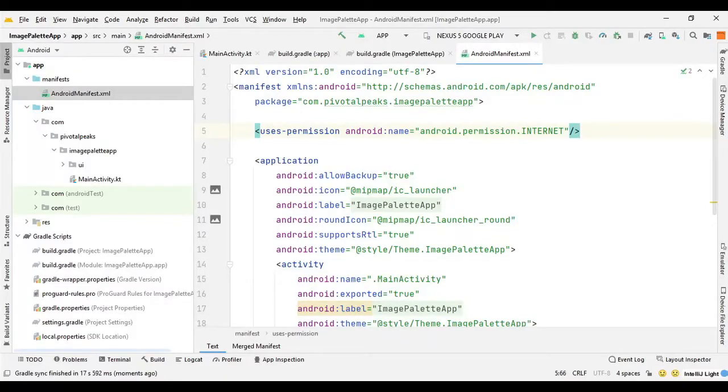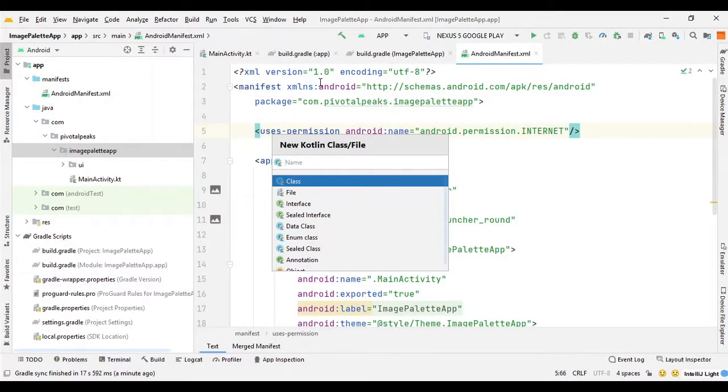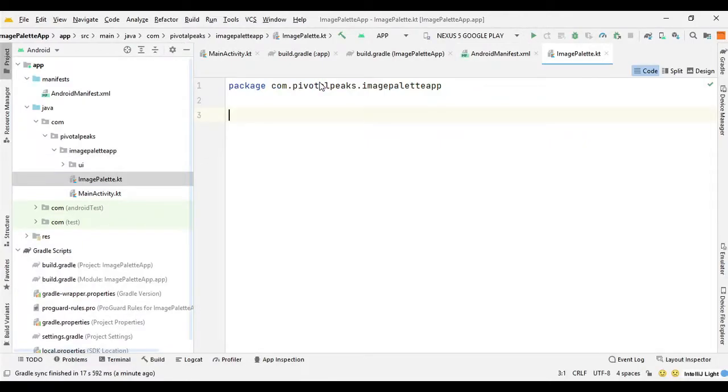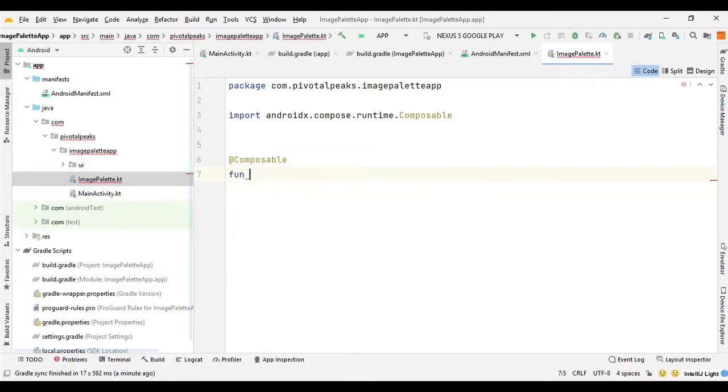So let's create the image function first. So here we can say new Kotlin file and we can say image palette, and we need to create a function for image palette, so we can say @Composable function ImagePalette.